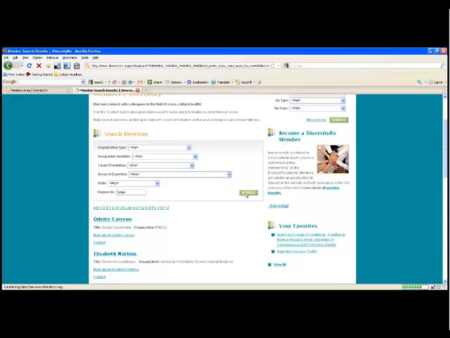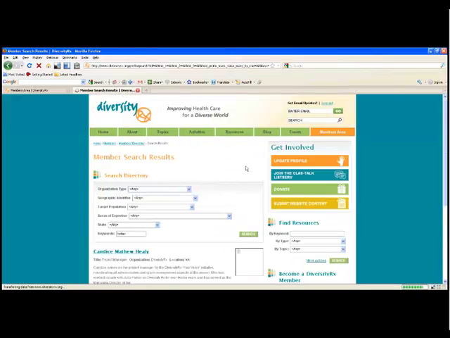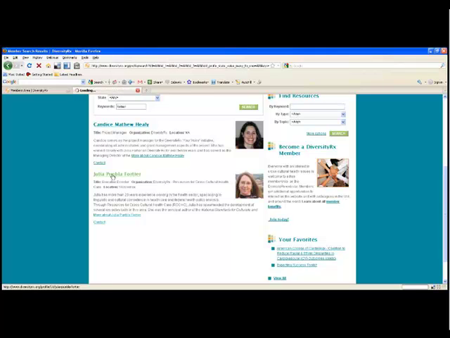It's now loading. And if we scroll down here and click on my name, you can see all of the different options that somebody has for building their own profile.